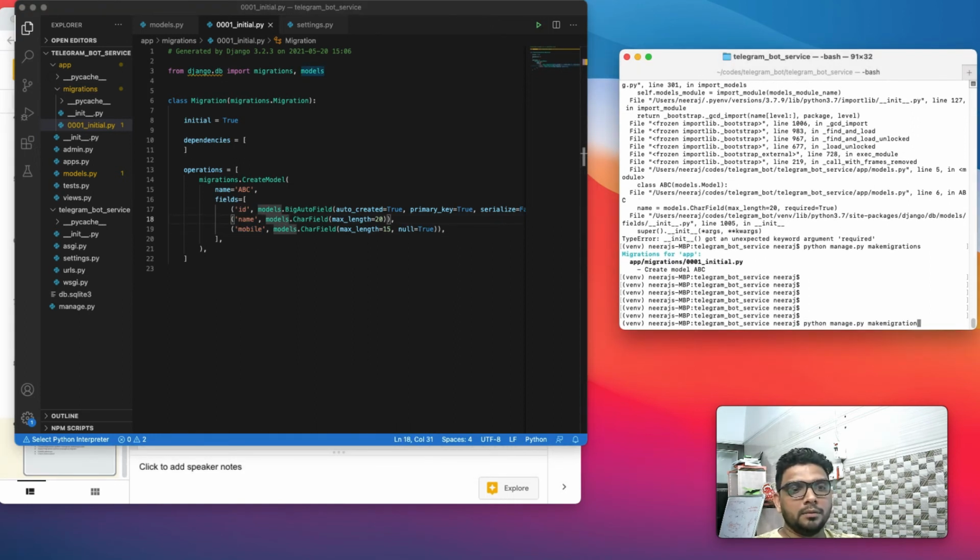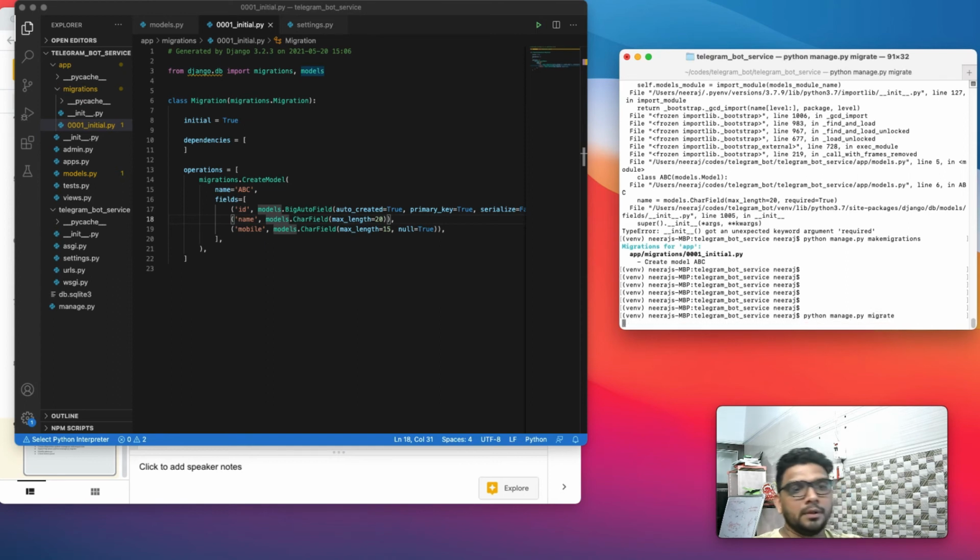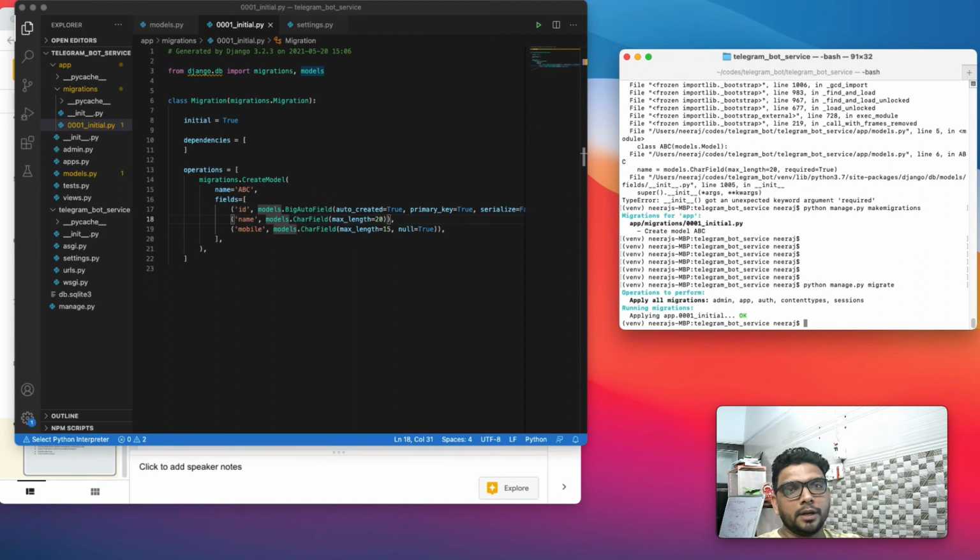After creating the migration, we can say migrate. It will apply the migration to the database. That means the database is going to have this table.